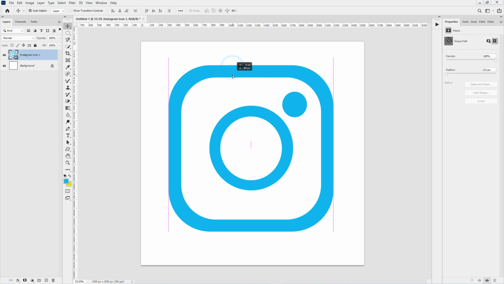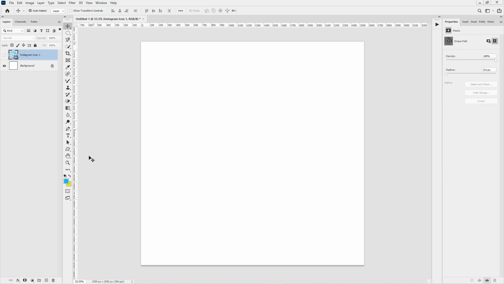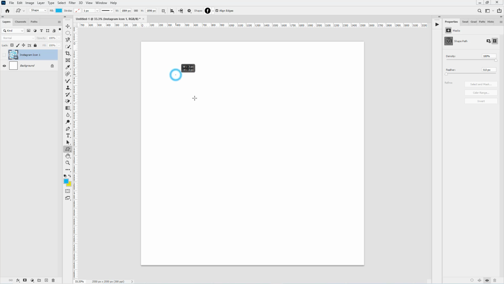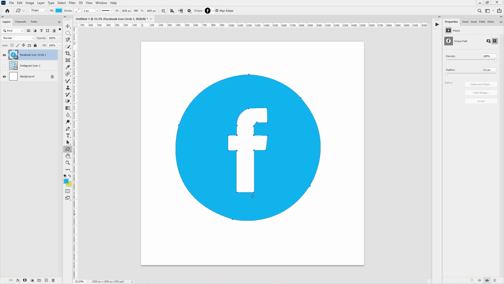So good. Now we have a custom Instagram shape that lives inside of our Photoshop without having to go outside and inside every time we need to define the shape. Facebook, there we go, boom, that's a blue Facebook. So let's just test a use case for